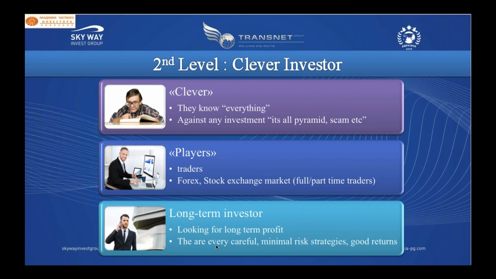Number 2 would be players. So it's the level 2B category. This will be full-time or part-time people who actually make money, lose money, but they play themselves. So they're not giving money to someone else. They actually take responsibility for their own finances. And it's very important because it's easier, of course, and that's what lots of the traders